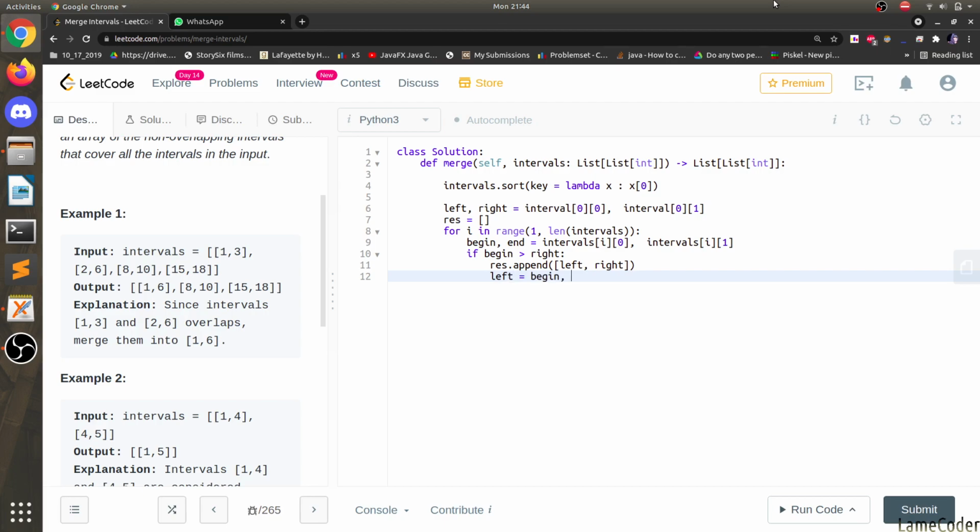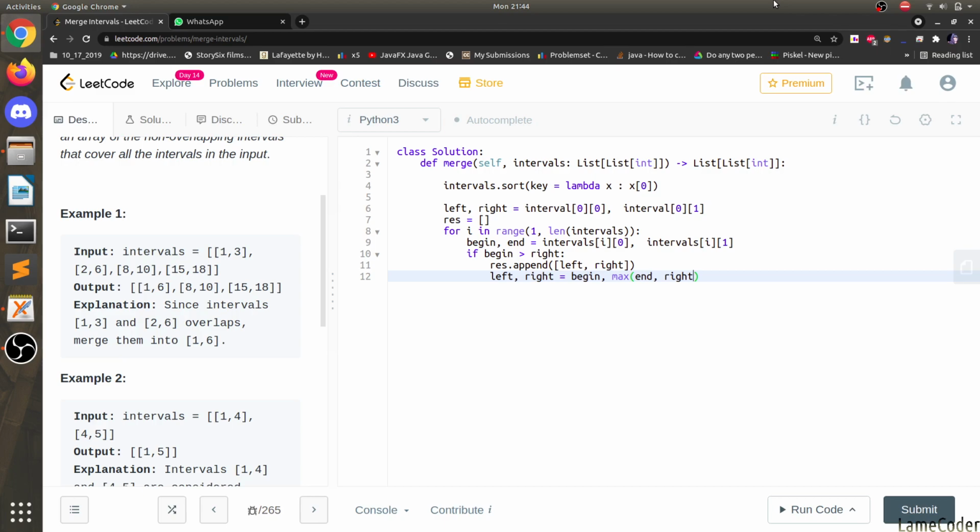If begin is greater than right, then left is equal to begin, and our right will become the max of end and right.